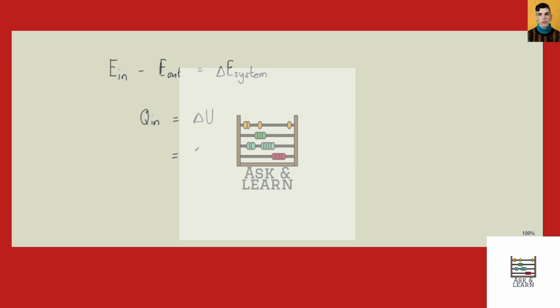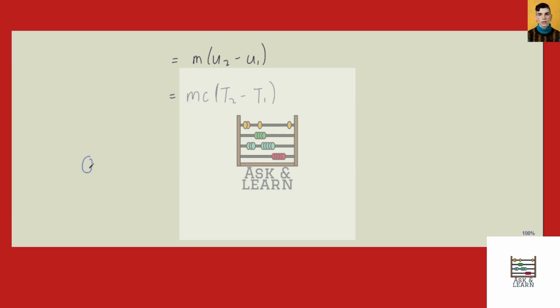And we can write delta U as m into the specific internal energy difference u2 minus u1. And we can even write this further as mc times the change in temperature, the final temperature T2 minus the initial temperature T1. Now that we have an expression for our energy balance equation, we can substitute our mass into this equation. So we get that the heat transfer in, which we said is mc into T2 minus T1, the final temperature of the 2-meter section of the rod minus the initial temperature of the 2-meter section of the rod, is